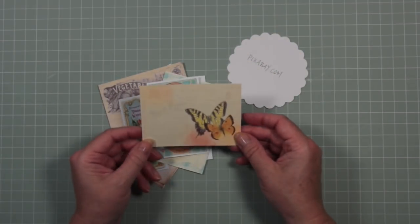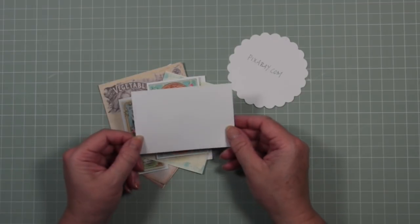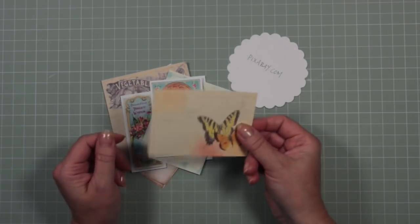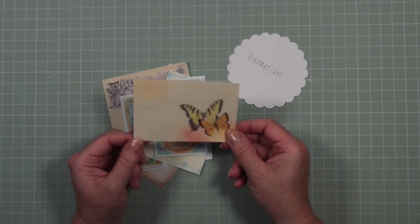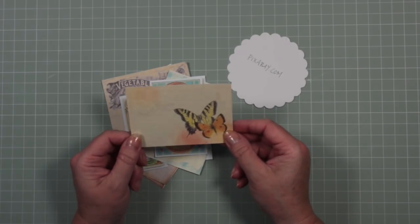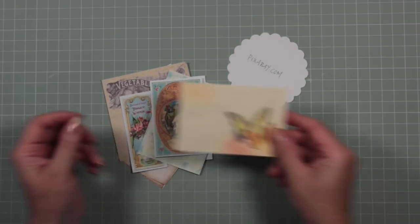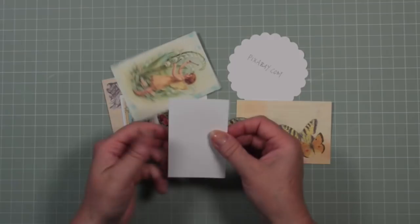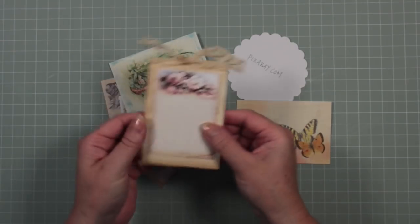Of course, once you've got these and you've printed them out, you might want to say, well, what would I do with the reverse of that? You can leave it blank, you can leave it white. I print off onto paper that is halfway between paper and card, and it's 160 grams per square metre. It's absolutely great. It's got a nice smooth finish and it's good for printing. You can leave them blank, so you can write little messages on them,